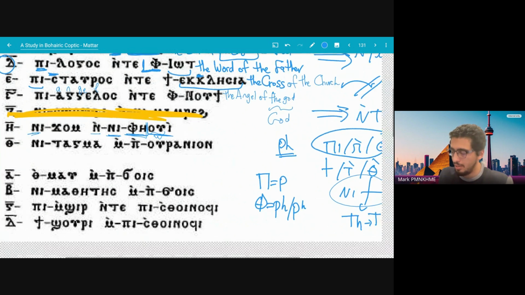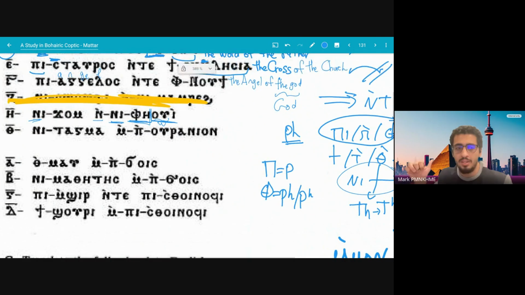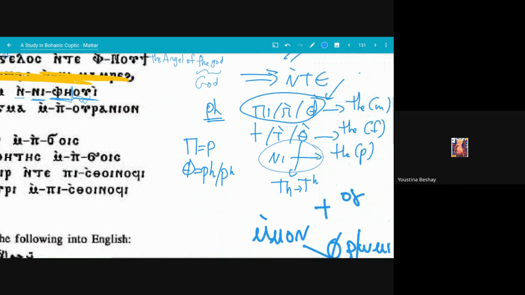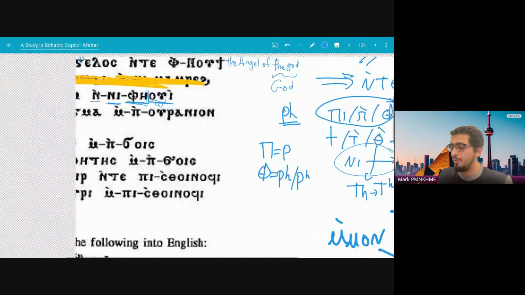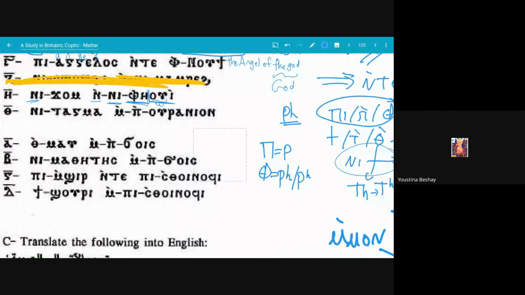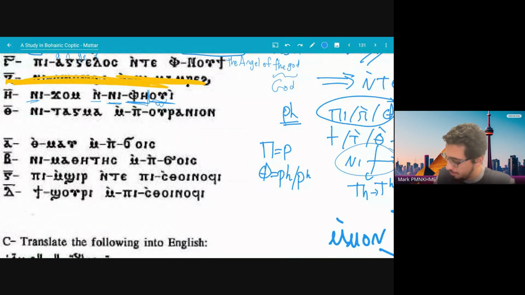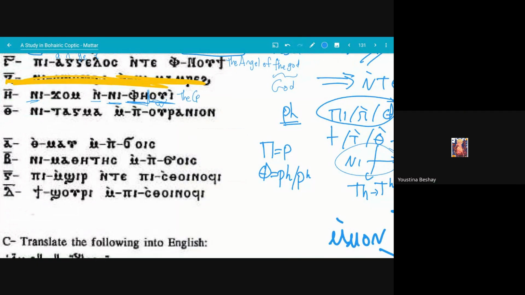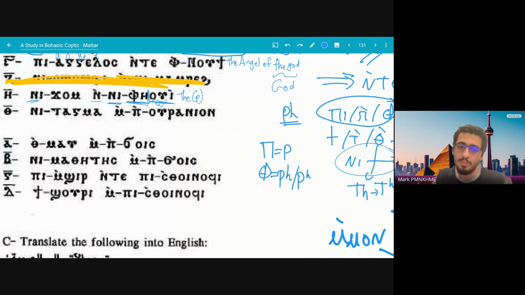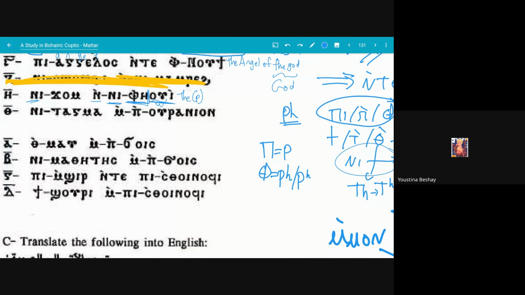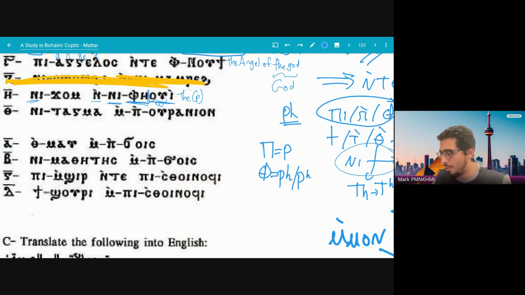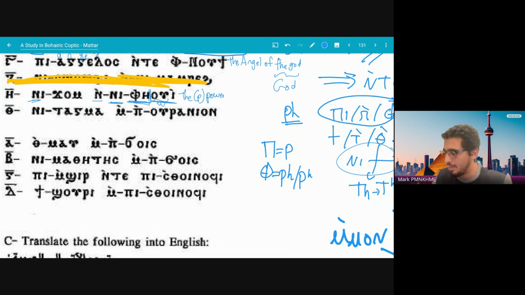So let's do a translation. First one is, remember, T is da for masculine, T is da for feminine. What would be ni? It would be plural. So da for plural. Okay. Gom. I don't know what gom is. If I tell you it means, in Arabic, power, strength. Yes, power or strength, yes.